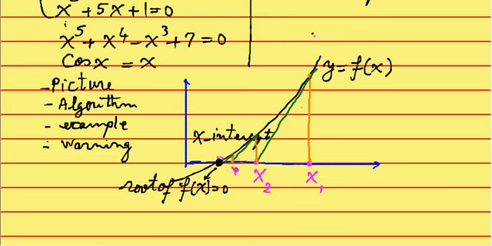So this would have been like our x3, this would be our x4, and so on. We are going to get a sequence of numbers. The first one is supplied as a guess. That is going to provide the next one, x2, that's going to create the next one, x3, that's going to create the next one, x4, and this sequence typically goes on